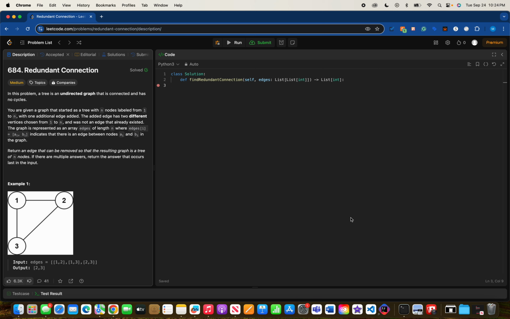Redundant connection. In this problem, a tree is an undirected graph that is connected and has no cycles. You are given a graph that started as a tree with n nodes labeled from 1 to n with one additional edge added. The added edge has two different vertices from 1 to n and was not an edge that already existed. The graph is represented as an array edges of length n where edges[i] equals [ai, bi]